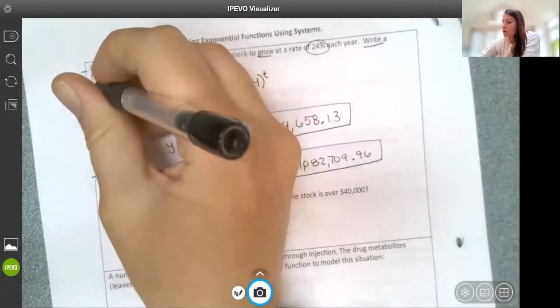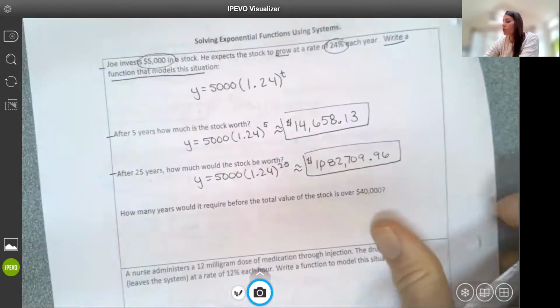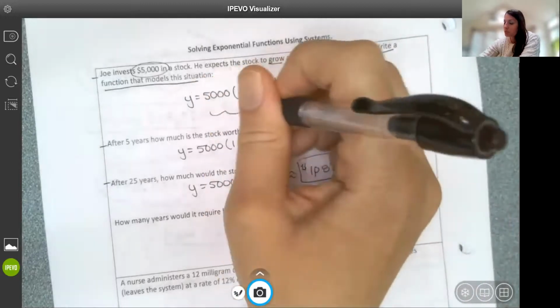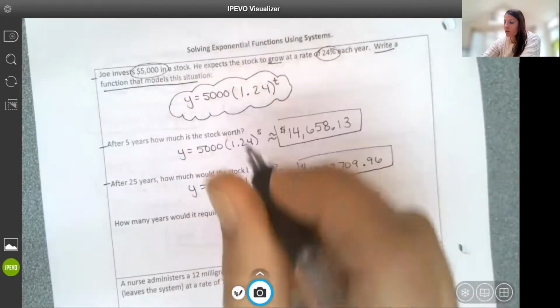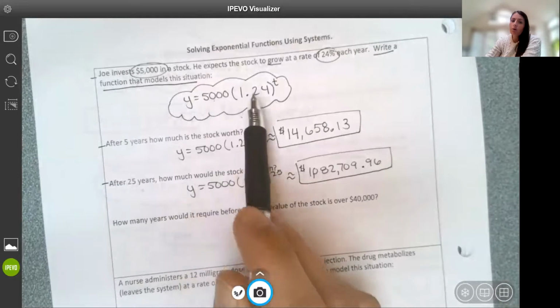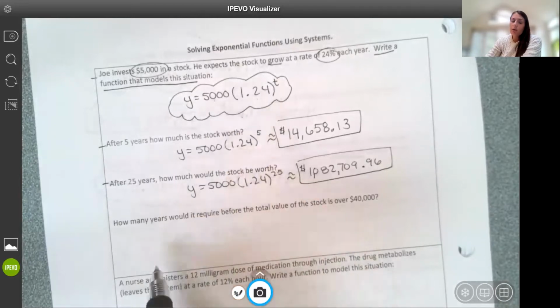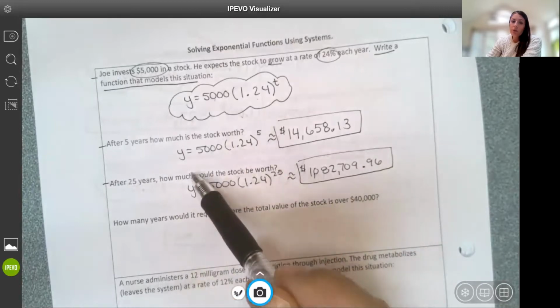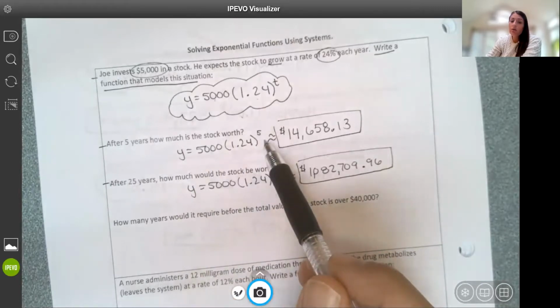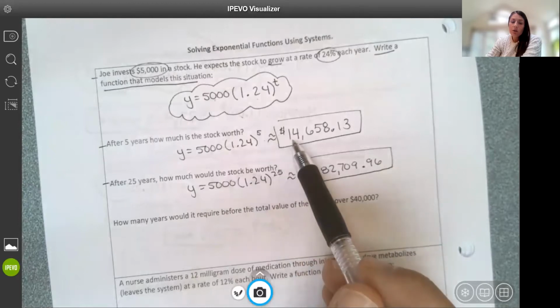I feel like students lose points a lot for not writing the general model. So here's my general model for the situation. I have $5,000 initial amount, growth of 24%, amazing growth rate. And then we have time for our exponent. So after 5 years, plugging in 5 for t, that stock would be worth approximately